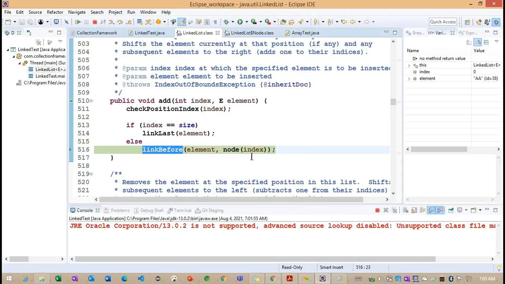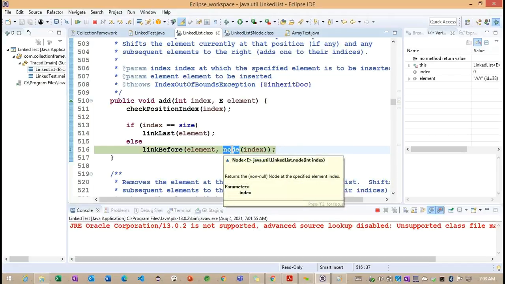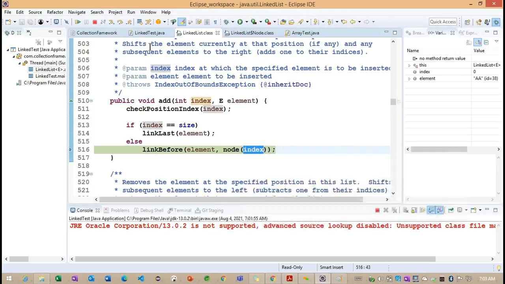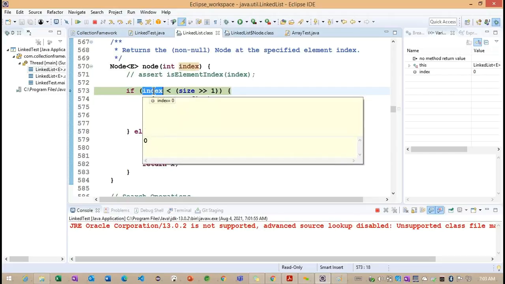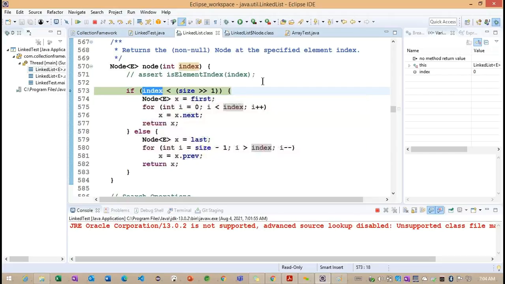Now observe, they are internally calling the node method with the help of this index. First we'll see how the node method works. In the node method, index less than size, we observe whether this condition is satisfied.